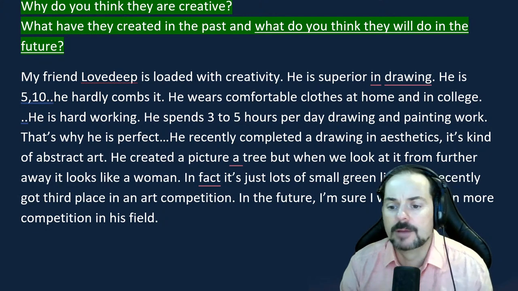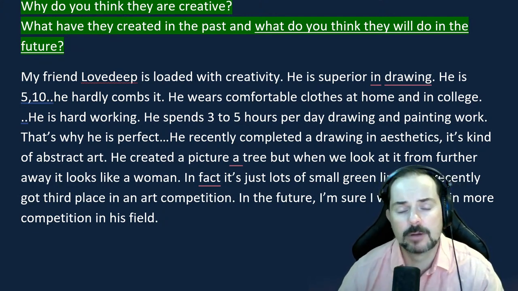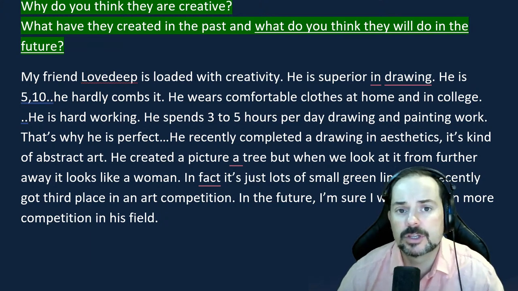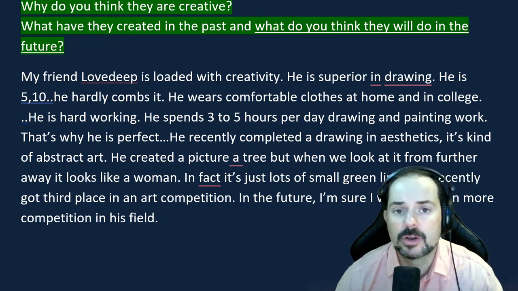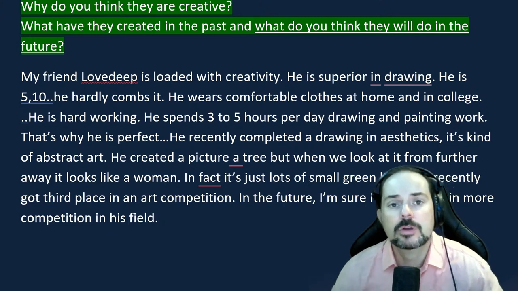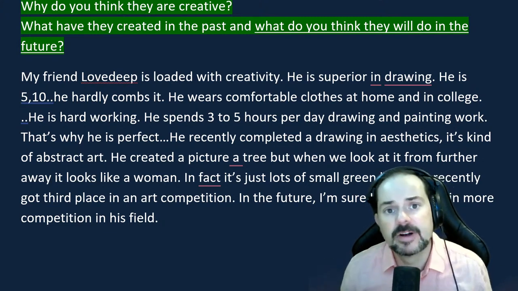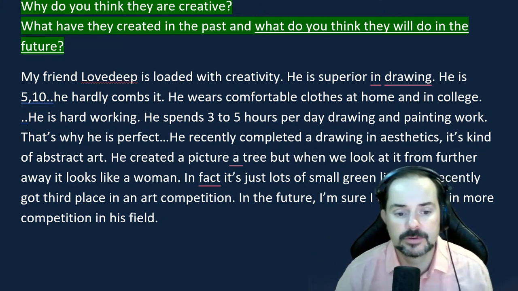Okay. Sure. So describe that abstract art, and you don't have to make it complicated. You can just say something like, it is a lot of different colored lines, but when a person looks at it from far away, it really looks beautiful, right? So yeah, you can simplify it. You don't have to get fancy or make it really difficult for yourself.